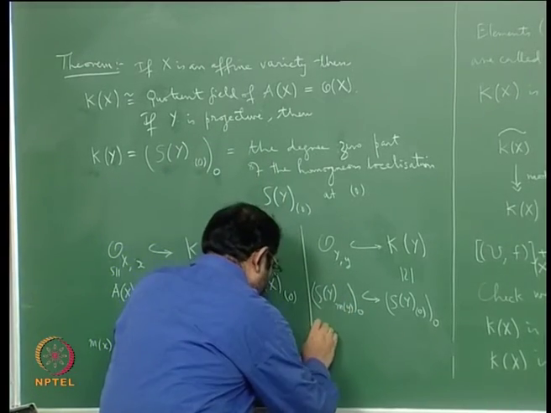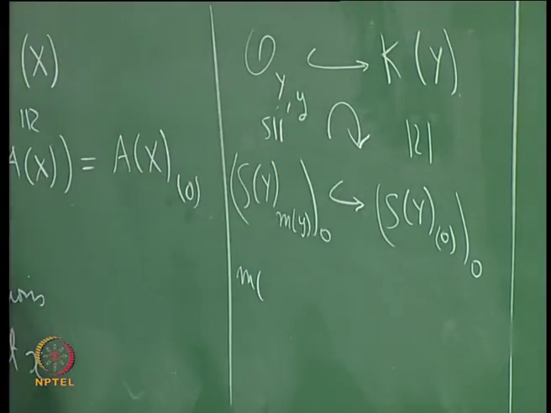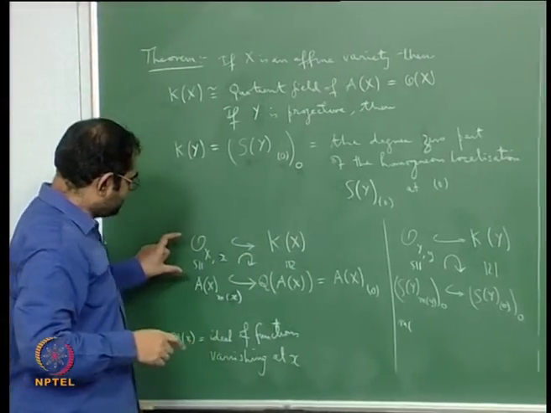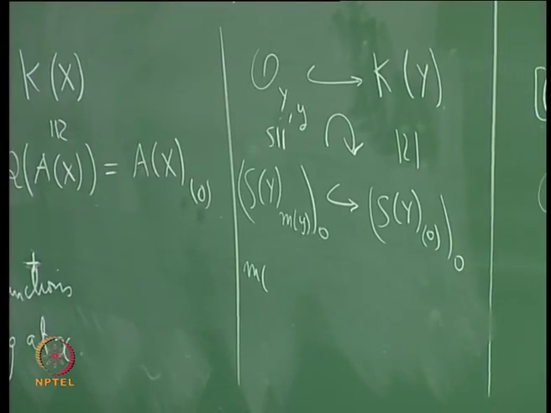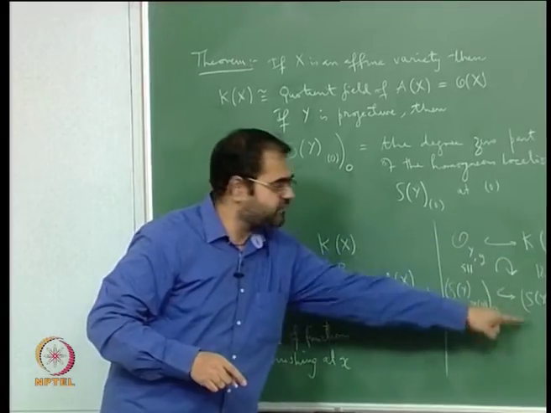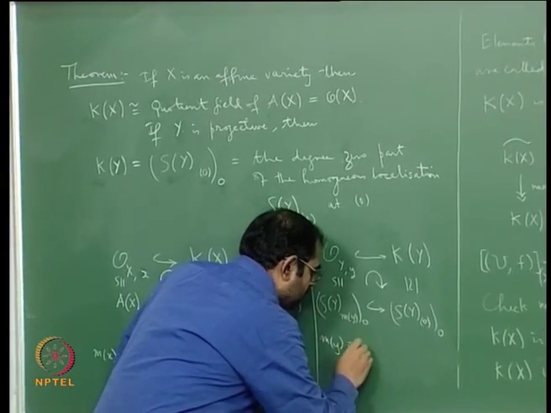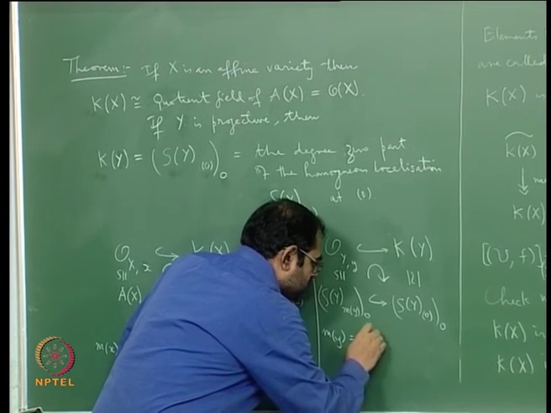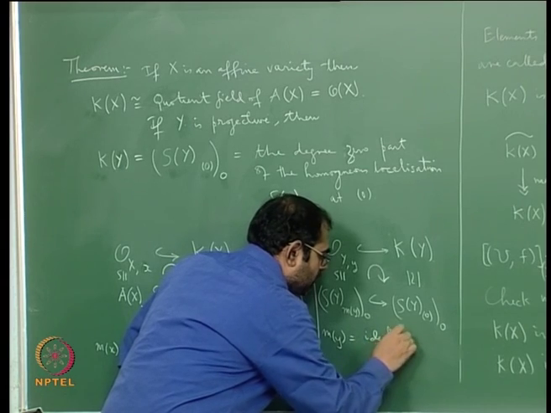Of course this diagram commutes. This isomorphism of the local rings has already been proved, and it is this isomorphism of the function fields that I have to prove. Here again My is equal to all those ideal of homogeneous